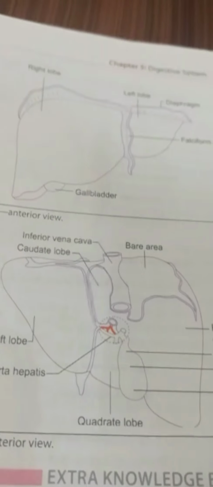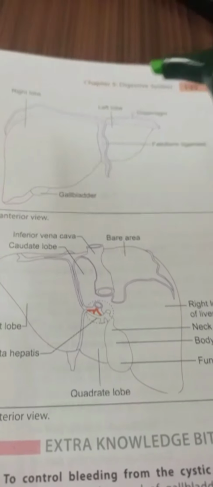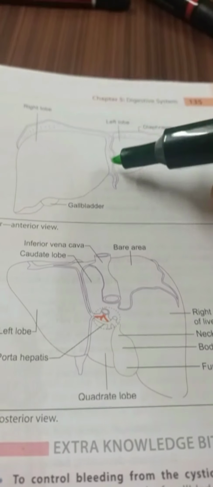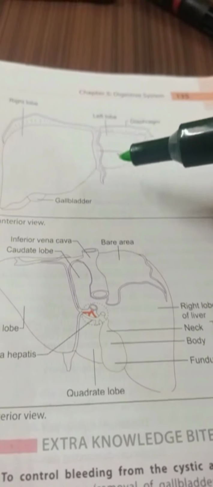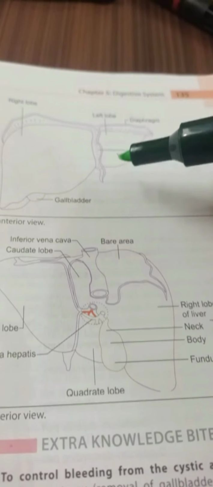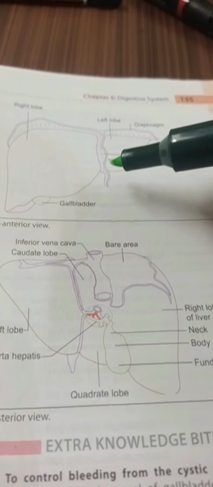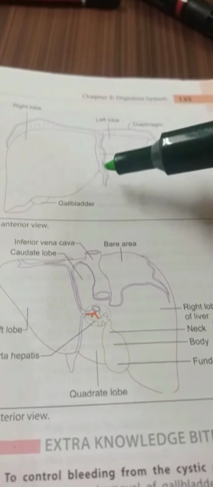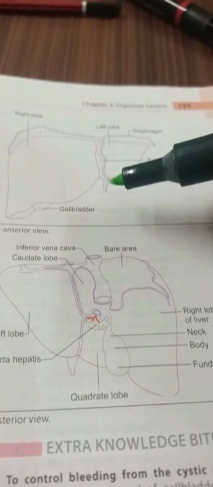So now coming to the different peritoneal folds of the liver, meaning the different ligaments of the liver. So the first one is the falciform ligament, and in this we have the ligamentum teres, that is the round ligament. That is the remnant, ये left जो umbilical vein थी उसका एक remnant है, ठीक है.